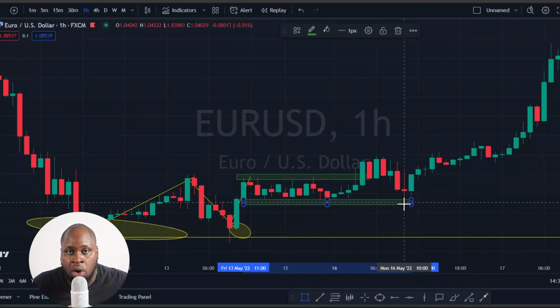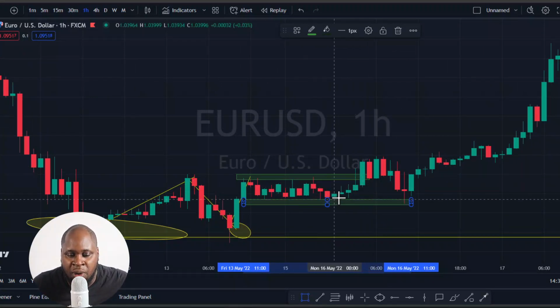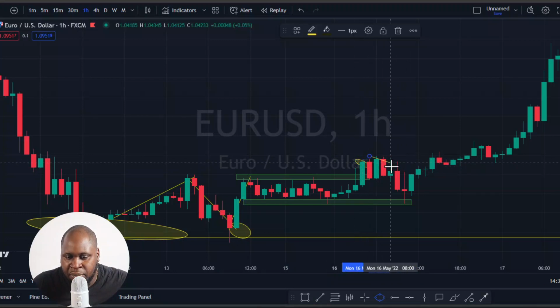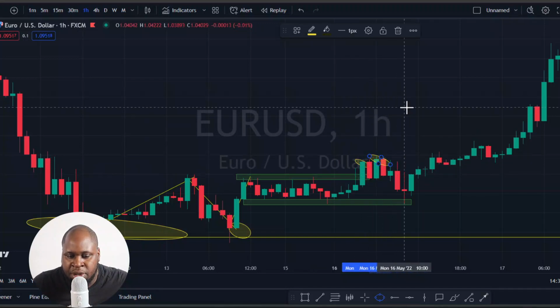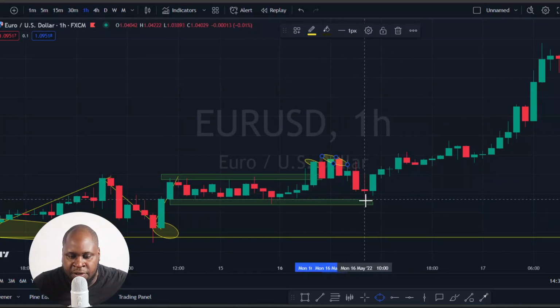Now, continuing on with the pattern, we're still on a bullish pattern over here, but we have to now wait for this consolidation to be over with. As we get to this area, we see that price started to break the area of consolidation, or this area of resistance, but still was not able to completely push off of the area. Came right back to the bottom of this area of consolidation before it finally pushed off and broke free and